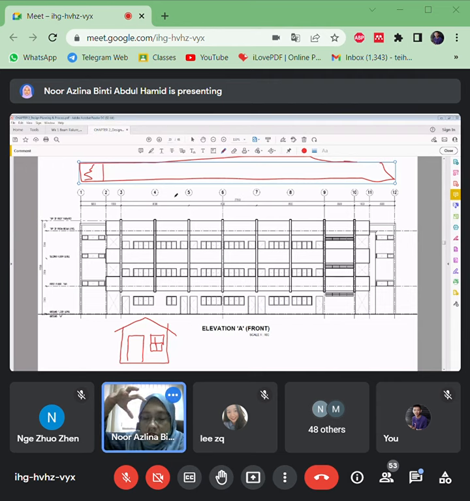If you see the layout from the top view, and then the front view, the scale is maintained. If the layout starts from 1, here it is the same: 1, 2, 3 and everything. Okay, this is the height of each level. It is mentioned here: ground floor level, first floor, second floor, top of roof beam level. It also has a parapet and so on.